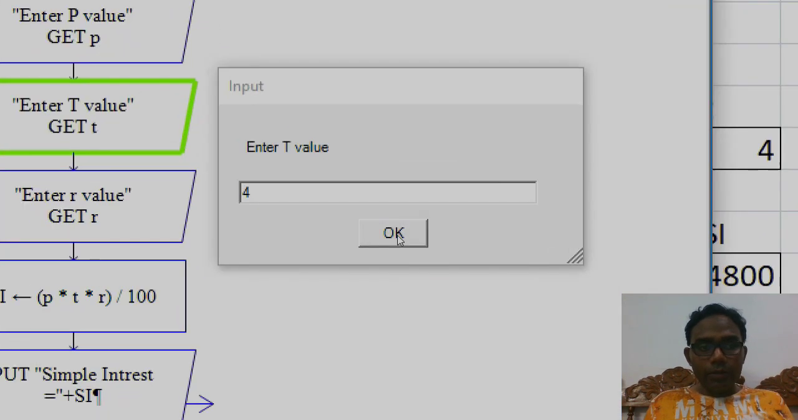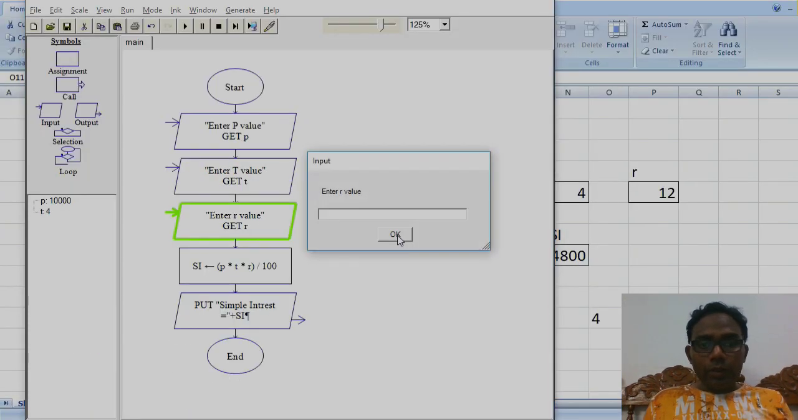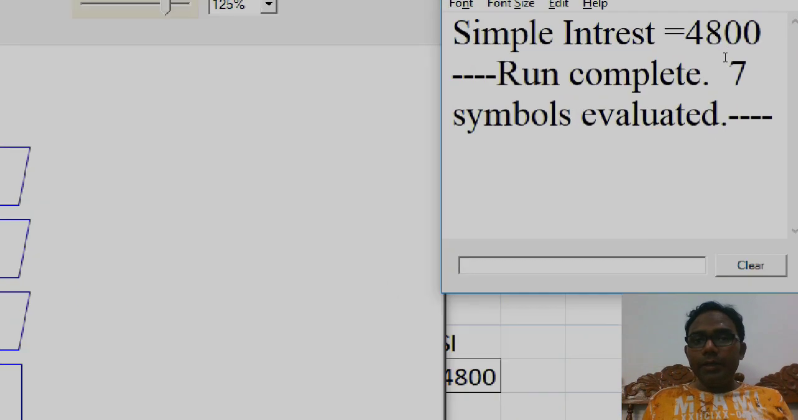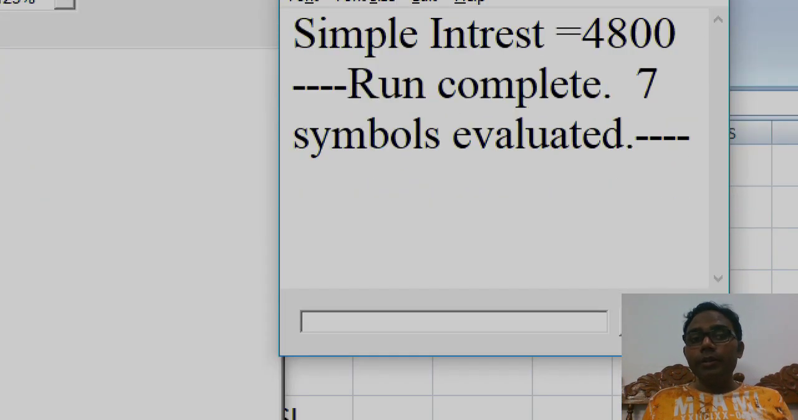Then in CFO, click on OK. Then it is asking for rate R value. I'm giving 2, same as what we have provided in the Excel sheet. Then click on OK. Now you can see at the right hand side it has printed 4800, and at the